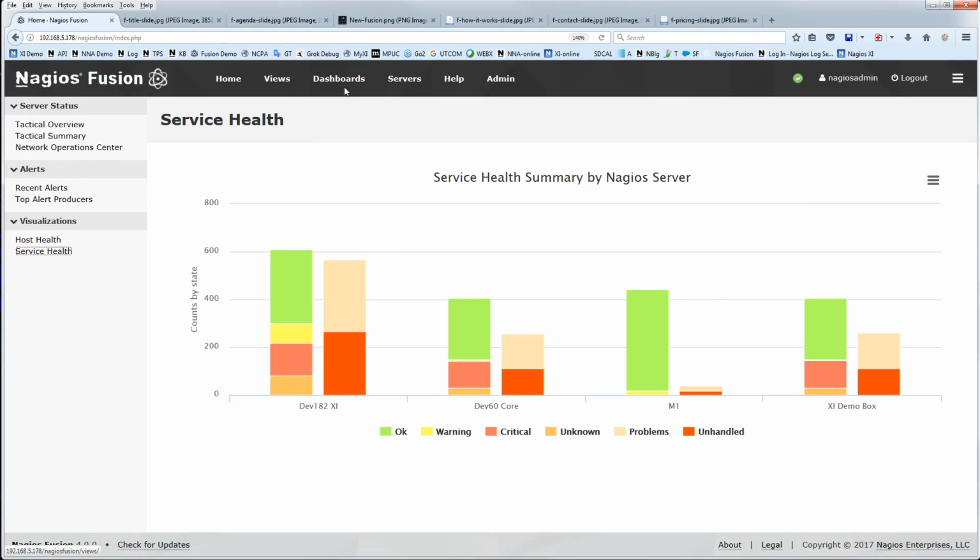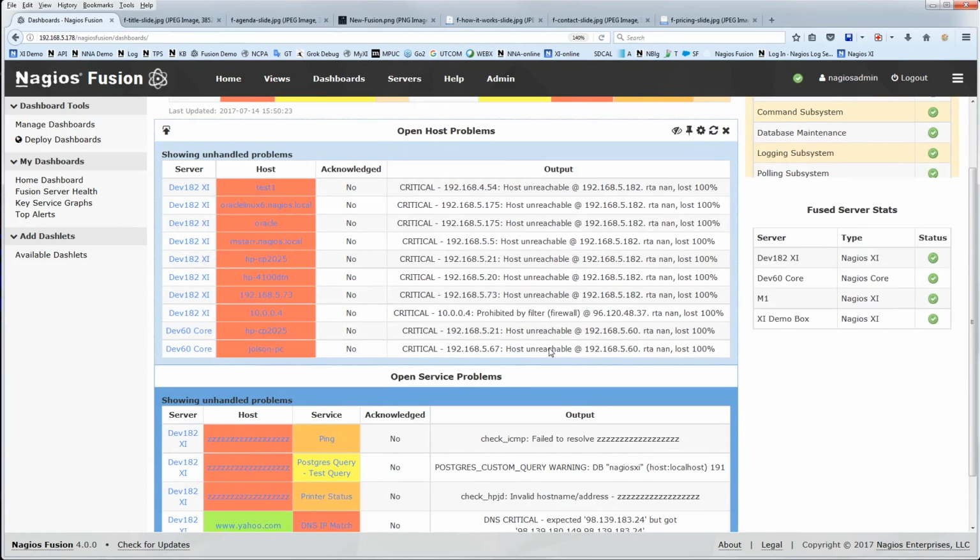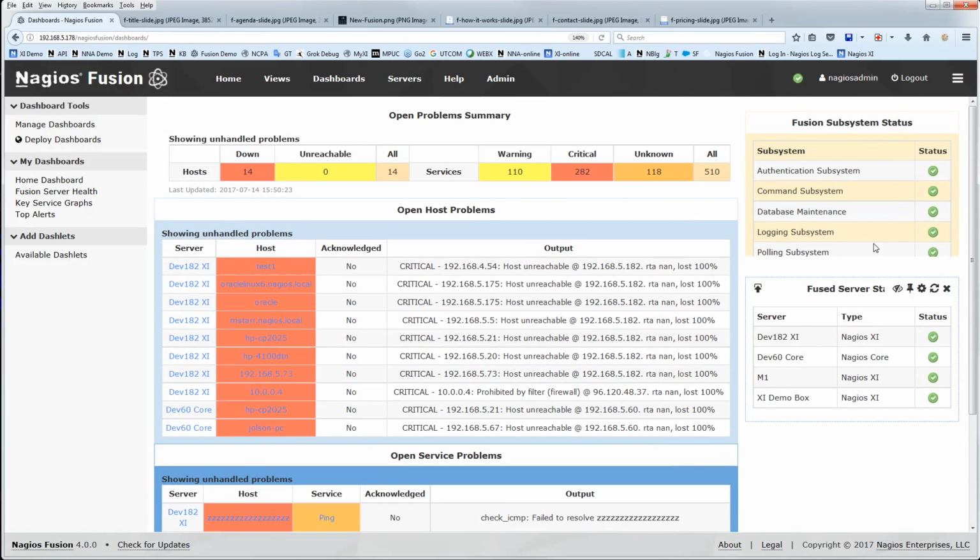You've also got the same views and dashboards capabilities that you'd be used to with Nagios XI. So we'll go to dashboards here real quick and just show you a few that I've put together for the demo here. So here's the first one, the home dashboard, an open problem summary across all servers. Open host problems, open service problems, information about the status of the Fusion system and server stats for a quick heads up that Fusion is working okay and that all of my servers that Fusion's able to fetch data from